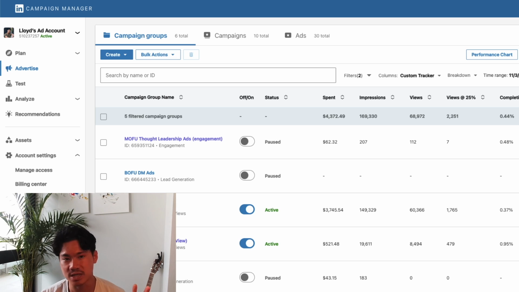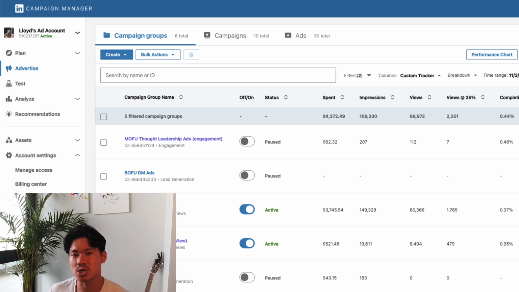Now, I do know that this might feel like it's a bit more complicated than it needs to be, but I promise you that this structure will actually make your life a lot easier when you're in the middle of creating a bunch of campaigns. But obviously with that comes a slightly higher learning curve at the beginning. So bear with me, we'll be teaching this to you, no problem.